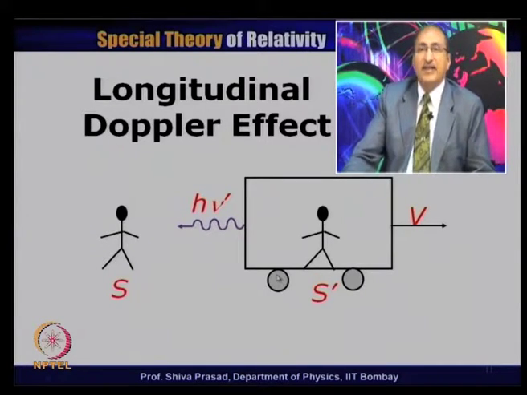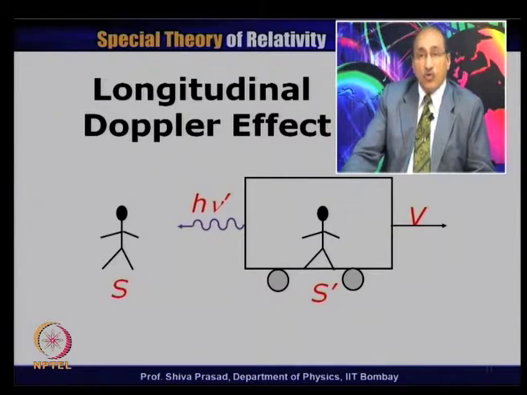So, I am imagining in this particular case that the motion is collinear. The observer S is sitting on the ground. There is another observer S prime standing on the train, who through some hole or somewhere shines a light in this particular direction, so that this light is seen by the observer S. Now, when I say source frequency,